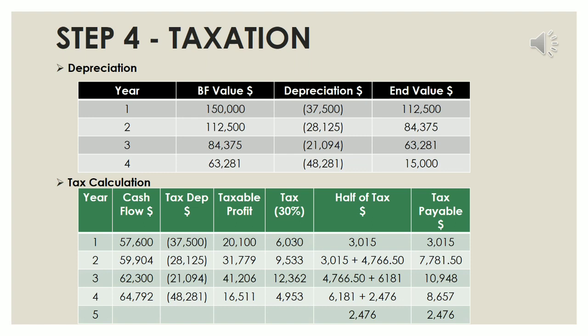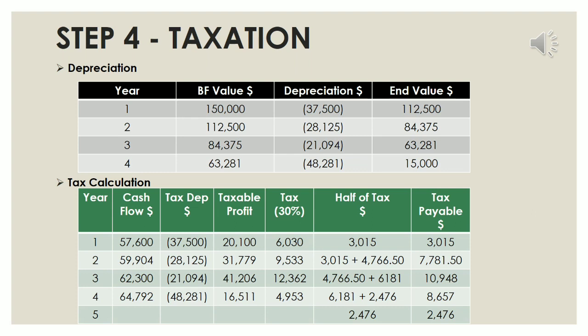The calculation will continue like that. So 84,375 will be set as the third year's brought forward value. For this amount, we will be applying depreciation of 25%. That will result in $21,094 as depreciation. So we are deducting 21,094 from 84,375. That will result as the third year's end value, which is